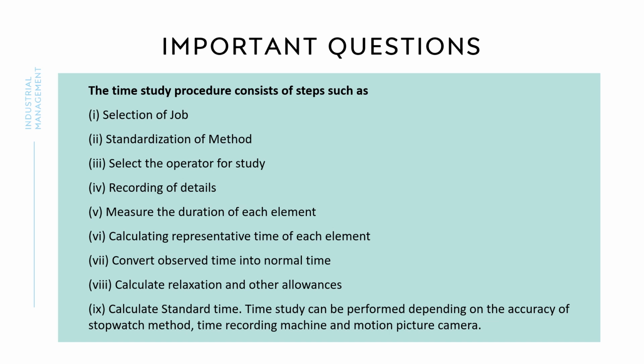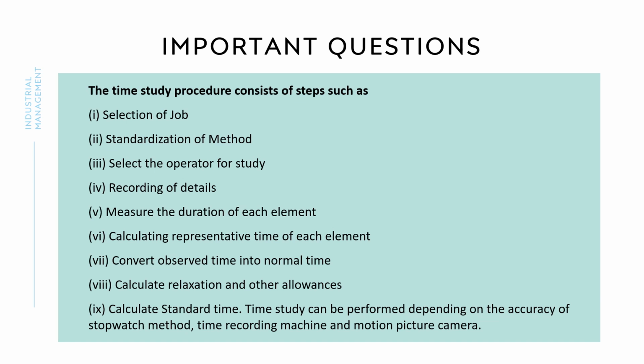Selection of job. 2. Standardization of method. 3. Select the operator for study. 4. Recording of details. 5. Measure the duration of each element. 6. Calculating representative time of each element. 7. Convert observed time into normal time. 8. Calculate relaxation and other allowances. 9. Calculate standard time. Time study can be performed depending on the accuracy of stopwatch method, time recording machine and